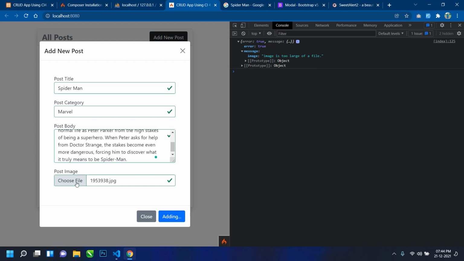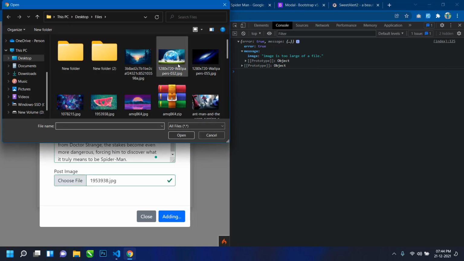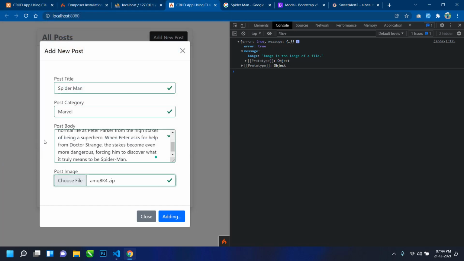Okay, and if I select any other format file that is not an image, so I'm selecting this zip and click on add, then you can see we again see a validation error message, image not a valid uploaded image file. Okay, so we have to display these validation errors just below this input field. Okay, so to make this working,